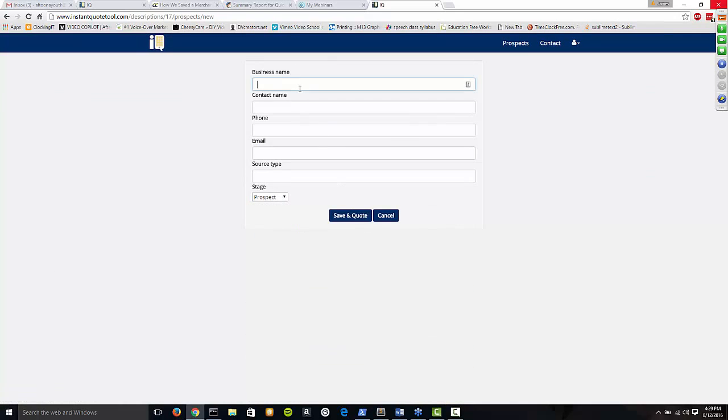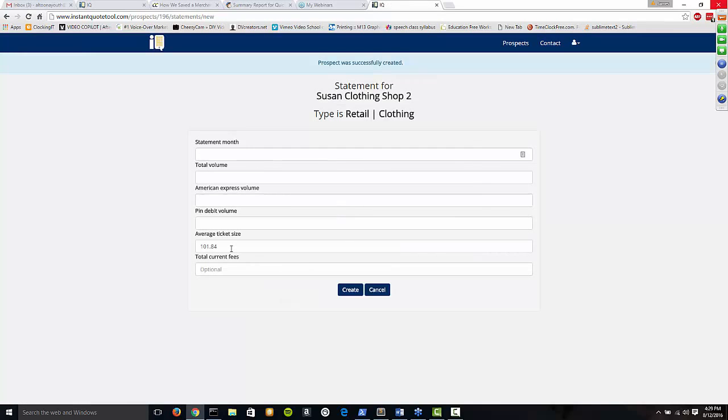When I choose that, the name of the business is Susan's Clothing Shop. Whoops, Susan's Clothing Shop, sorry. Okay, there we go. Susan's Clothing Shop 2, and we save and quote. We can see here that it has an average ticket size of